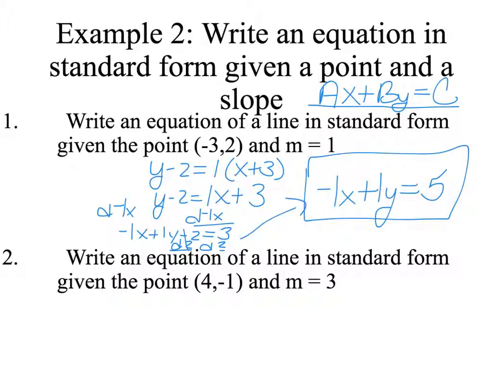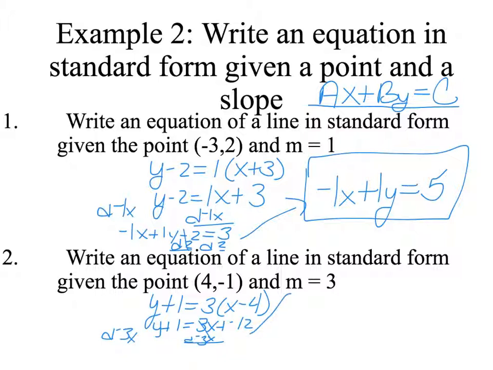Looking at another one just so you can see it. So this would be y plus 1 equaling 3 times x minus 4. Distribute through the parentheses, so y plus 1 equals 3x plus negative 12. I'm going to add negative 3x to each side. And that's going to give me negative 3x